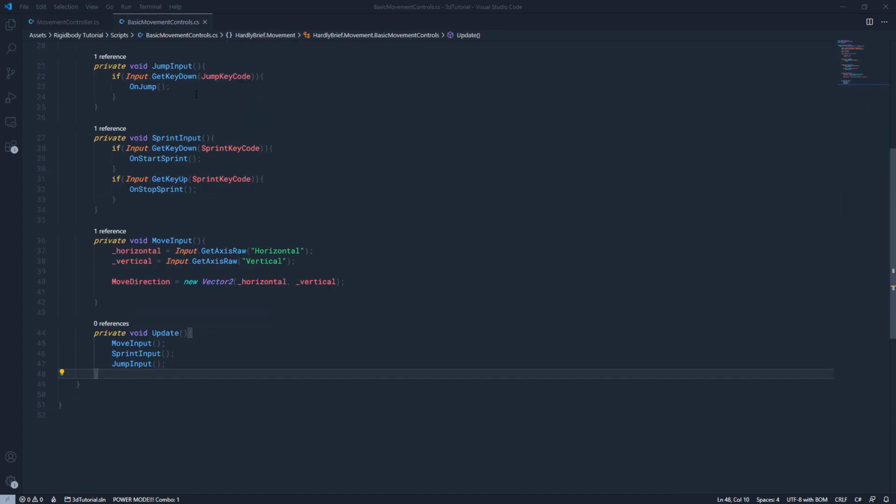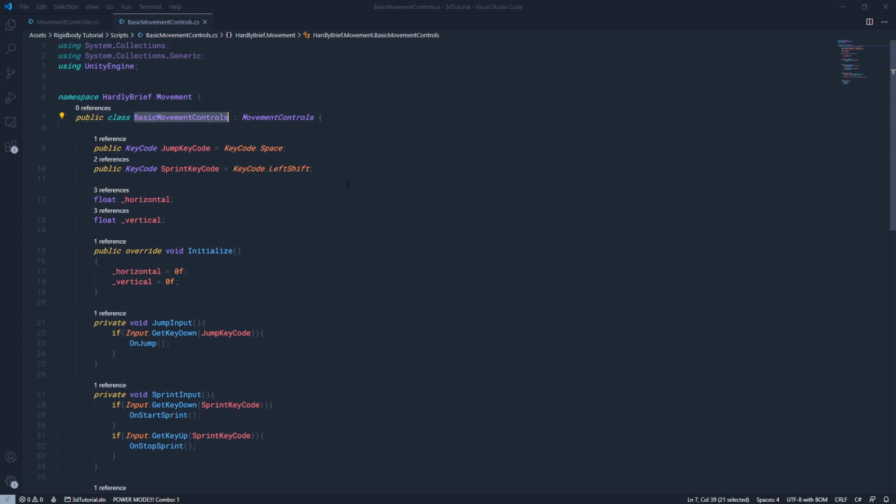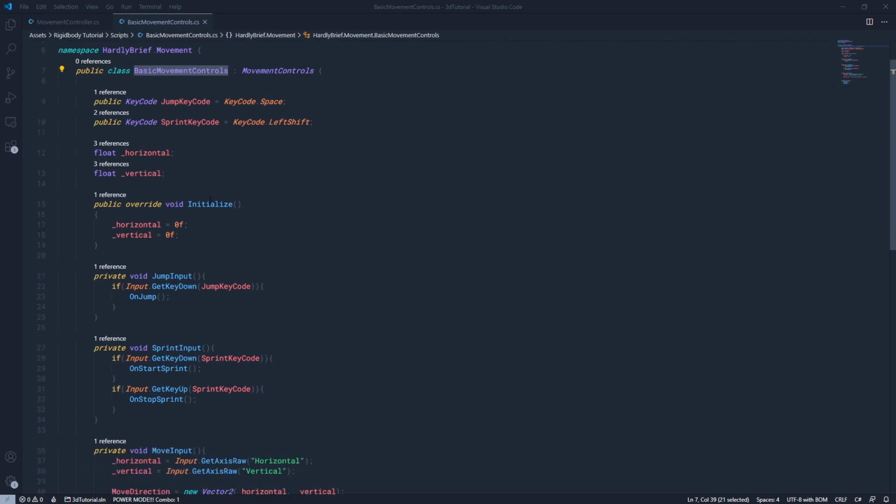So at its basic setup, I have this thing called basic movement controls, which utilizes the normal Unity input system. So it takes Input.GetMouseDown, GetKeyDown, that kind of thing. So you don't have to use the new Unity input system. If you do want to use the input system, we're going to use it in the next video, and you can check out now on the screen for implementation and actually how to get that started. I'll put that in a card now on the video. But let's go ahead and jump in this class because it's pretty